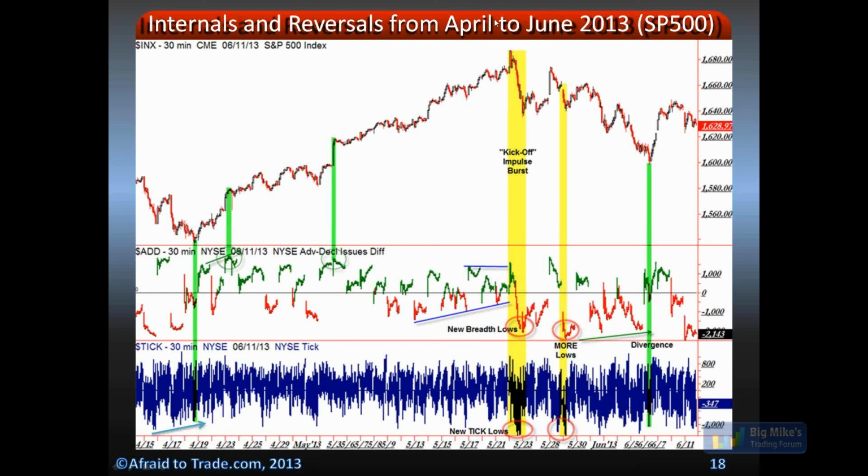So what factors occurred in the intraday chart? A, divergences. B, the actual push to new breadth lows, new tick lows, not seen in the entirety of the intraday rally. Breadth actually pushed lower at the end of May, but finally in June, a little tiny rally, which we're down here now. At the start of June, positive breadth divergences, positive tick divergences into 1600. So for short-term traders, particularly intraday, planning out your session, this is something you really want to